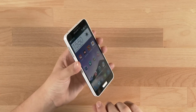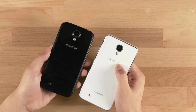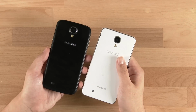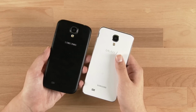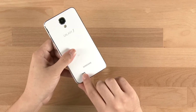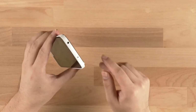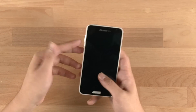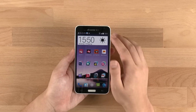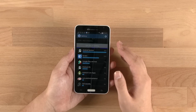And aside from that, the basic functionalities such as camera are really good. It's almost identical to the Galaxy S4's camera, so it's not super good, but considering that this was launched almost a year ago, it's pretty much fine. And the sound quality from the speaker is very loud. We enjoyed listening to the music with the speaker over here, and the earphone sound is pretty good too. And especially the battery life, considering that this got a 2600 milliamps battery, that's not exactly a super big battery capacity